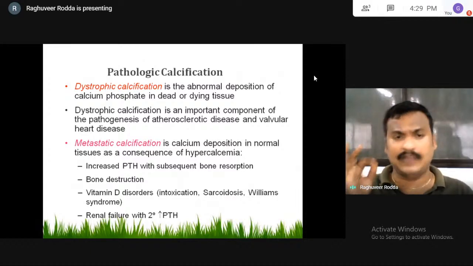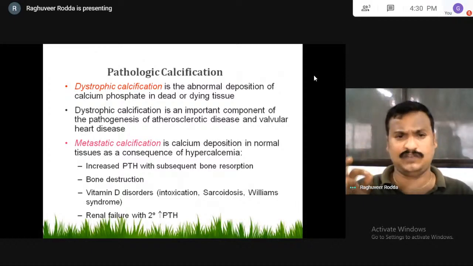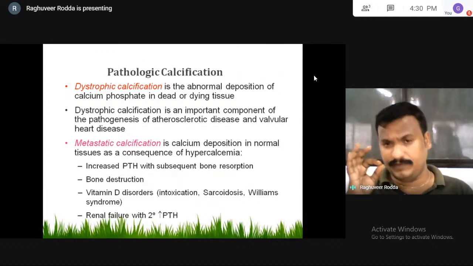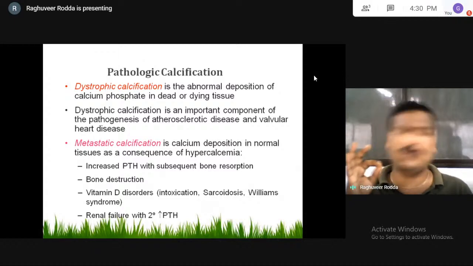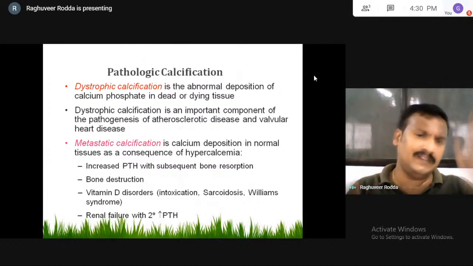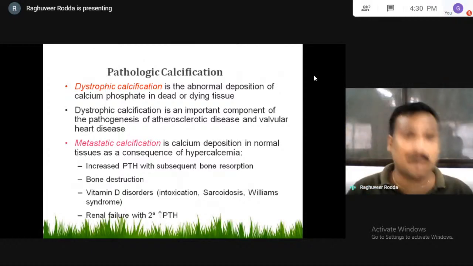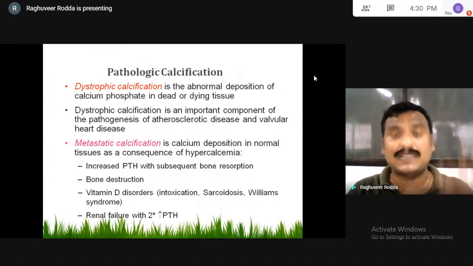Okay, so in the 99 GATE exam, this was the question. So you should be very careful about such things. You should know each and every simple concept of pathophysiology, because it's a very vital bridge between HAP and pharmacology. So the dystrophic calcification. Dystrophic calcification is an abnormal deposition of calcium phosphate.